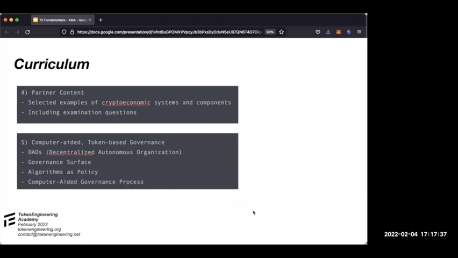And finally, by the end, computer-aided governance, which is necessary because the system is not only built and then set out to freedom to some extent. You don't let it be itself. You want to govern it. You have to govern it to make sure that the system goals are continuously met. So some form of computer-aided governance is necessary, and this process is also explained by the end of the class. I hope that these contents help you to see why all of those components are important, so that you get a basic understanding of how to design token systems.